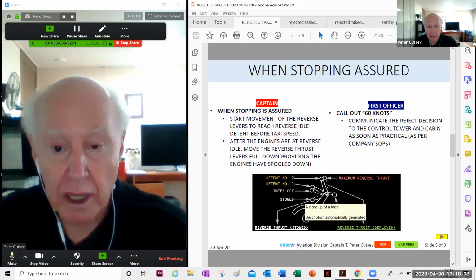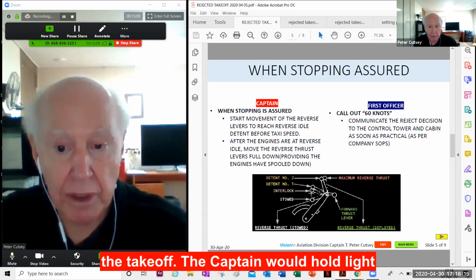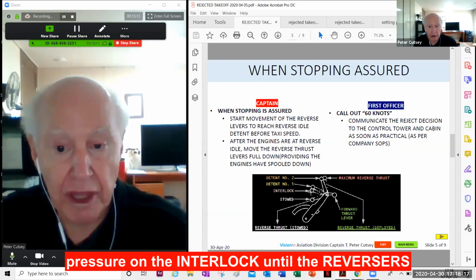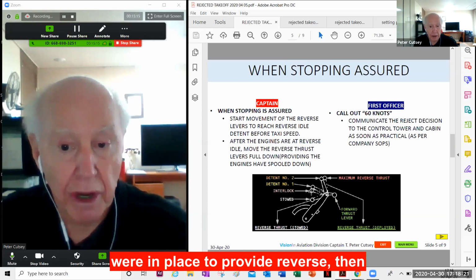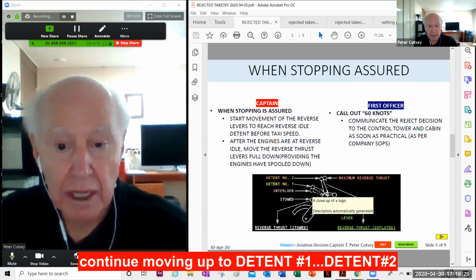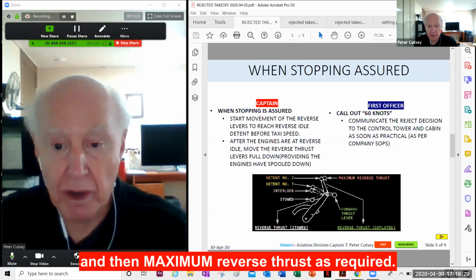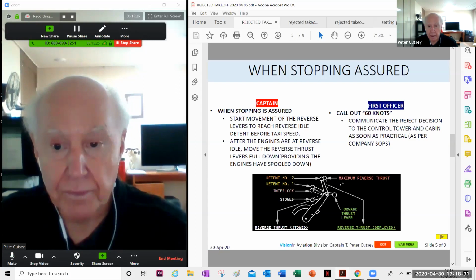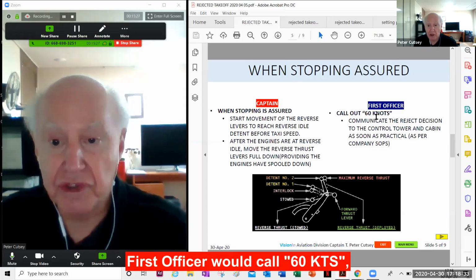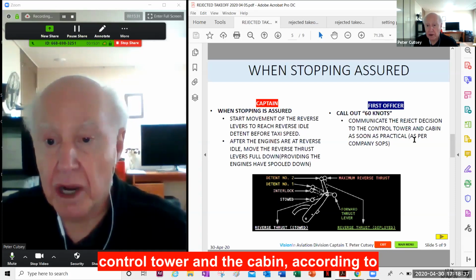The interlock is the first position, and on rejecting the takeoff, the captain would hold light pressure on the interlock till the reversers were in place to provide reverse, then continue moving up to detent 1, detent 2, and then maximum reverse thrust as required. The first officer would call 60 knots,